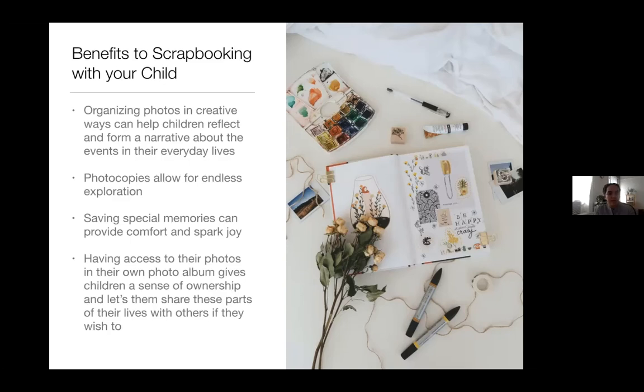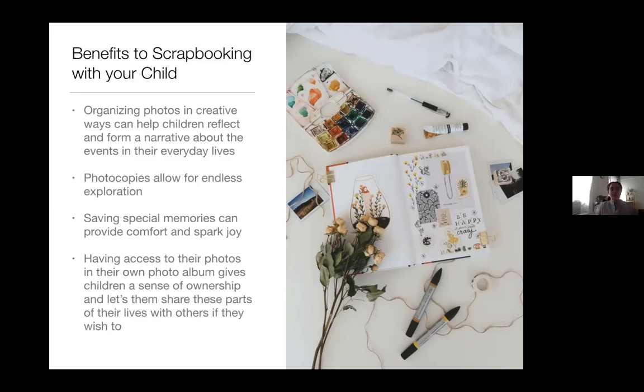But if I print it out and that child can have those photographs, physically have them in their own little book, then they can go back and look at them whenever they want. And if you're doing projects like, my family, people important to me, then your child gets to hold on to these representations of the people they care about.